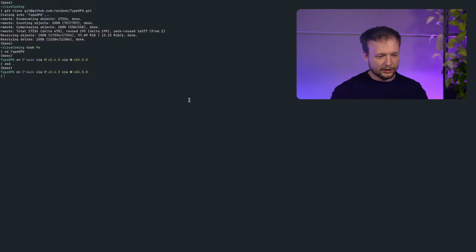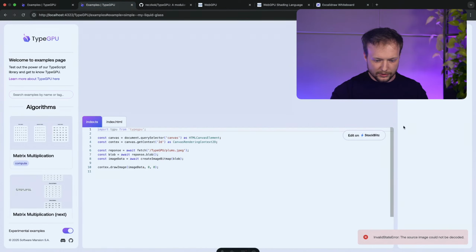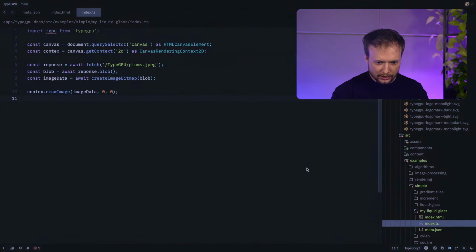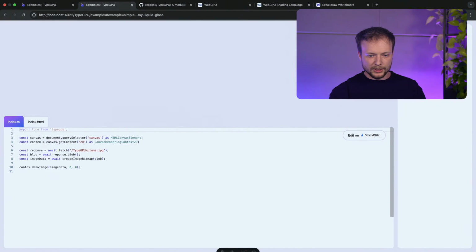Okay, we can now check if anything is wrong. Oh, we couldn't decode it. Oh, I misspelled the file name. Okay, yeah, cool. As we can see, it's a little